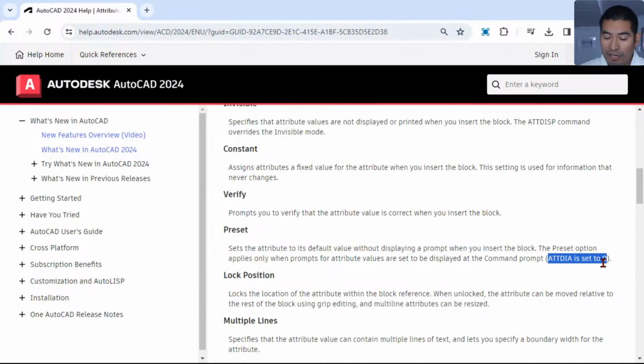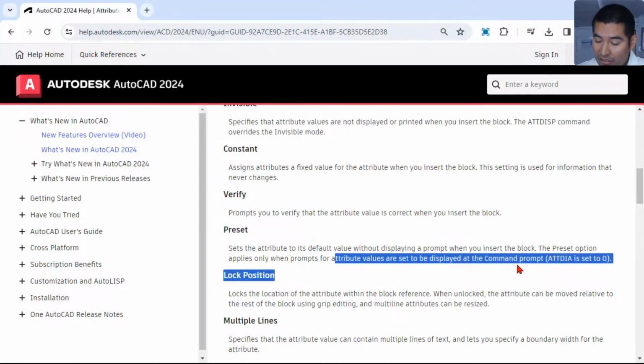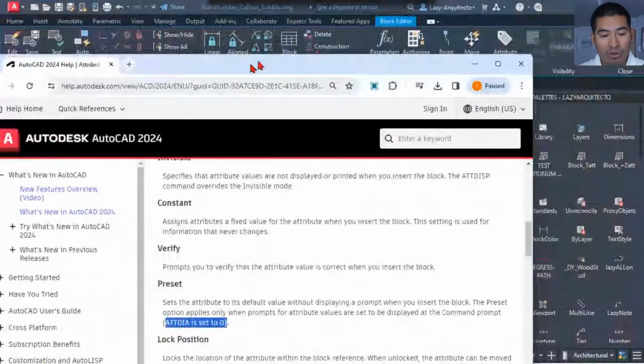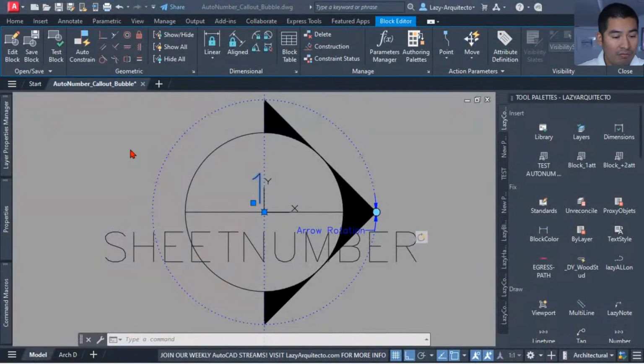So again, this second part is also very important because they are saying that we need to somehow set ATTDIA. This is a system variable that customizes the way attributes behave, right? And take a look at this value over here, because if we inspect our code, I believe we already have that out. So let me go and